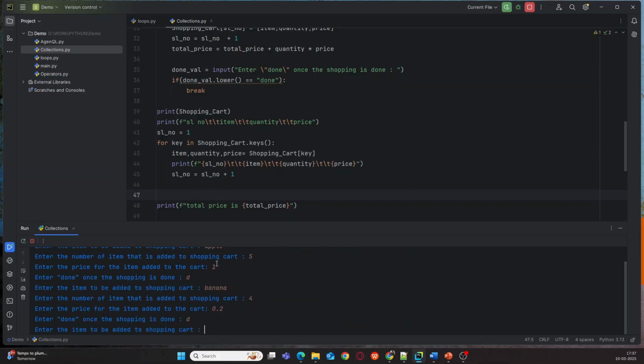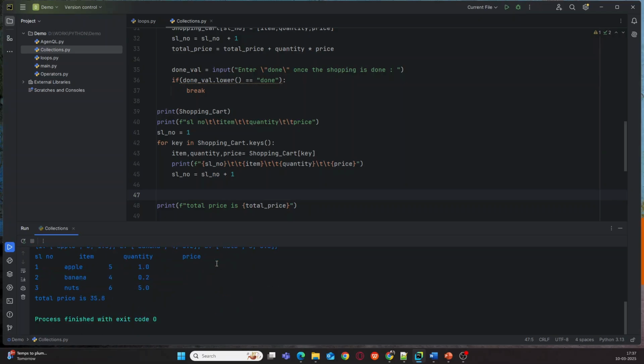Then not done, again I have to buy some nuts, that is 6 kilos, each kilo is 5 euros. Now I am done with my shopping. You see here the serial number. So I bought 3 items, 1 2 3, apple, banana and nuts. Quantities are 5, 4 and 6. So the prices,